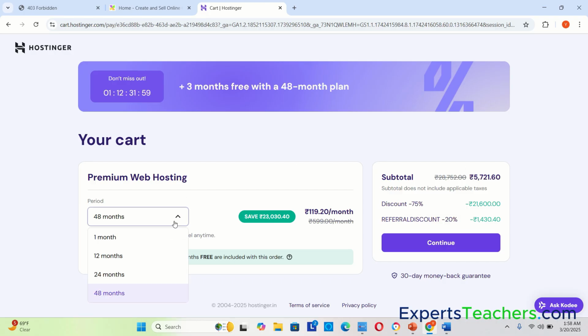Okay, so you can also select how much time period you want, and you will also get one free domain and 3 months free. There will be some offer you will get. Okay, so